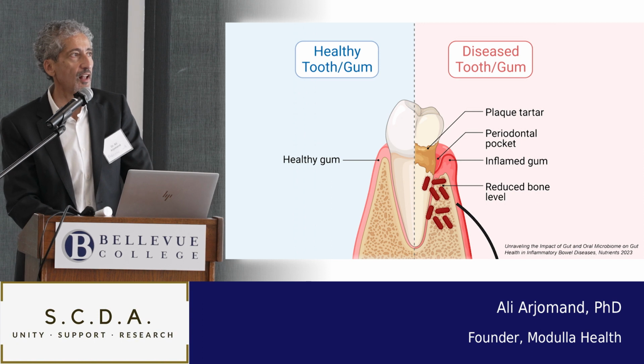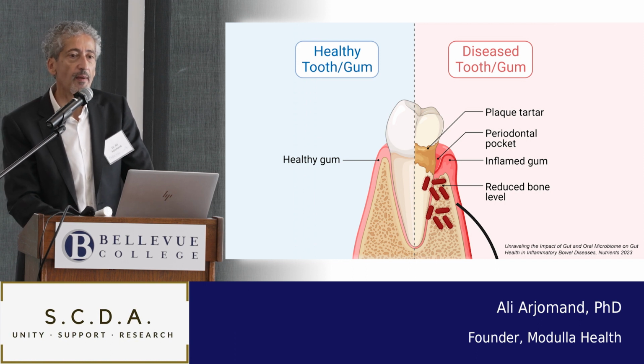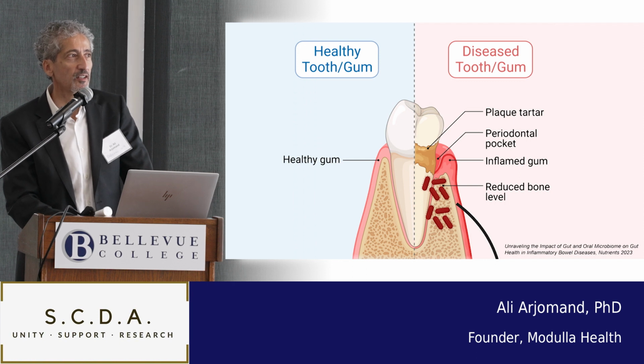So let's see what's going on closely. On the left, you see a healthy tooth and gum composition. Again, think about the barrier function of the intestine. There's also a barrier function in the mouth, right? There's the contents inside the mouth, the barrier, and then the inside of your body. On the right side, you see what a diseased tooth or diseased gum looks like, and you see disruption of that barrier, right? We've heard about this. There's inflammation right at the gum surface area, and then the beginnings of tooth loss.